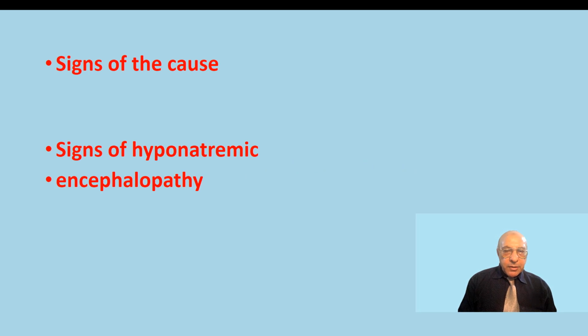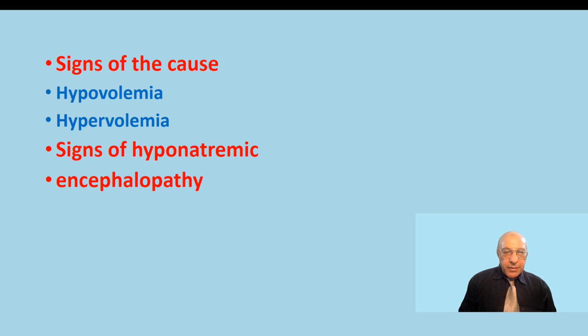Now, what about the signs of hyponatremia? Signs are divided into two categories. The first is related to the cause of hyponatremia. As we have said before, that group of causes includes all hypovolemia causes, like repeated vomiting, diarrhea, cases of overdiuresis with use of diuretics, and in such a condition we will find signs of dehydration and hypovolemia with low blood pressure,